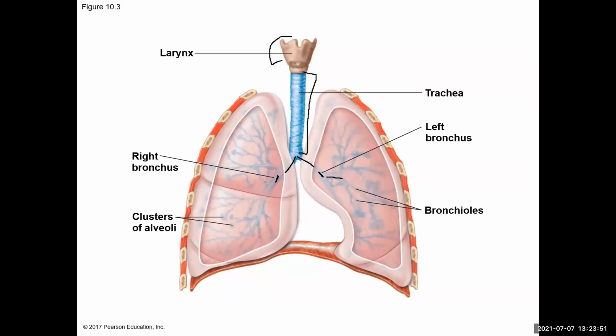And then those will divide into these tinier bronchioles, and you can see these grape-like clusters at the end of the bronchioles. Those are known as the alveoli, and the alveoli are embedded in this capillary bed, and the exchange of gas from the lungs into the blood and from the blood into the lungs happens at the interface of the alveoli and the capillaries. And we have a zoomed in image showing what that looks like at the level of the alveoli and capillary interface. But before we get there, let's show what the larynx looks like